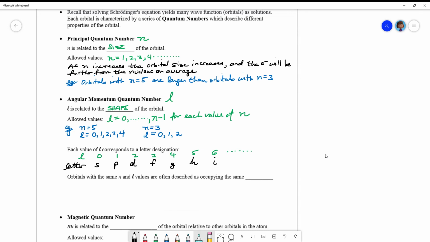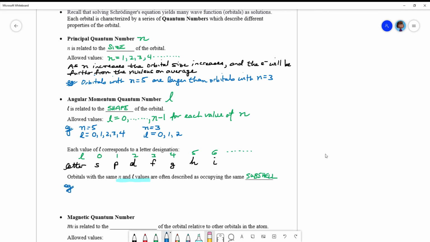Now, it also turns out that orbitals that have the same n value and L value together are often said to be occupying the same subshell, which is also something you may have heard of from your Chem 10 days. So once again, if they have the same n and L values, they are said to occupy the same subshell. So for example, again,